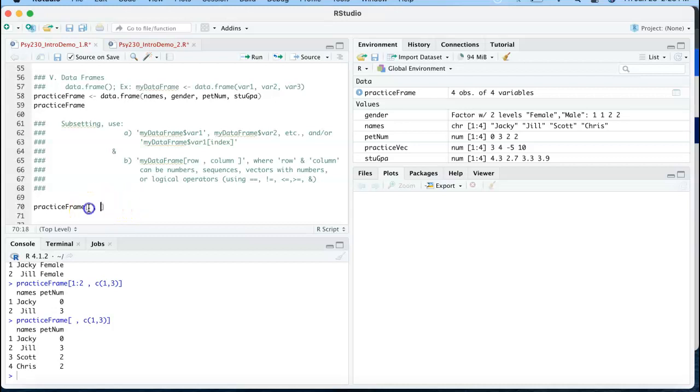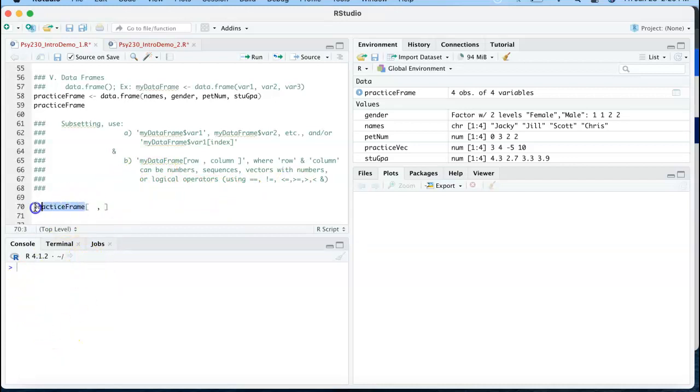So let's say that I want, I also said that you can use logical operators, right? So double equal signs means that two things are going to be equal to each other. An exclamation mark with an equal sign means that things are not equal to each other. This is less than or equal, greater than or equal. You can also do greater than, less than, and I'll show you how that works right now. So let's say I want my practice frame, and command